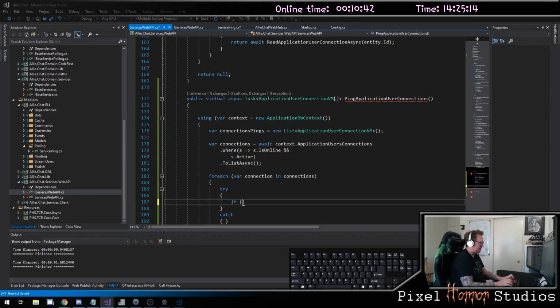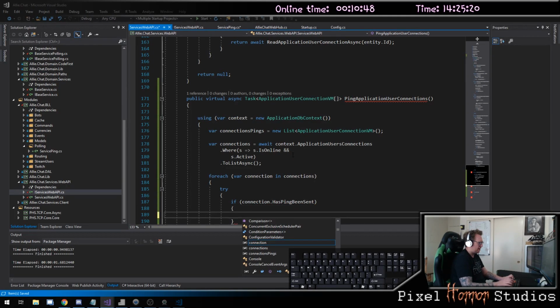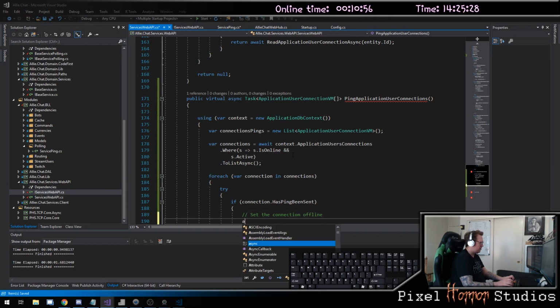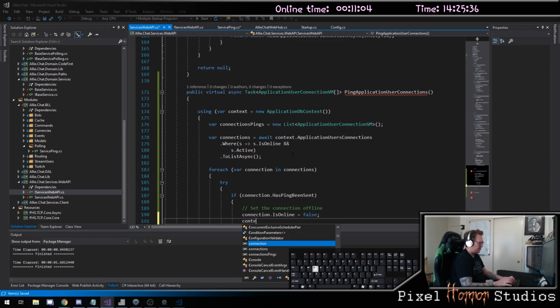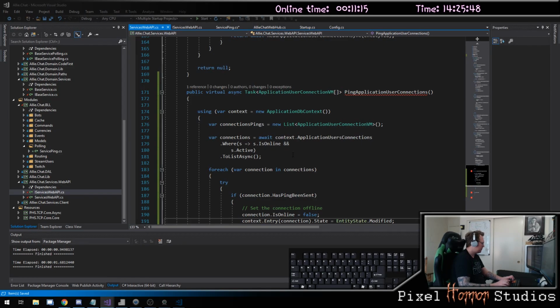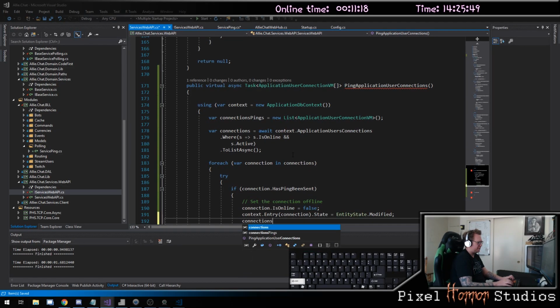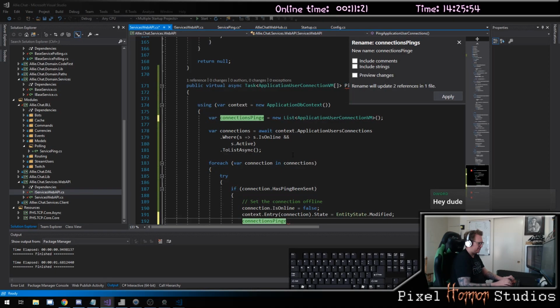And I'm going to say if my connection dot has ping been sent, then I want to set the connection offline. So I'll do a connection dot is online equals false, and then a context dot entry of my connection dot state equals modified, and then a connections pings, which is pinged